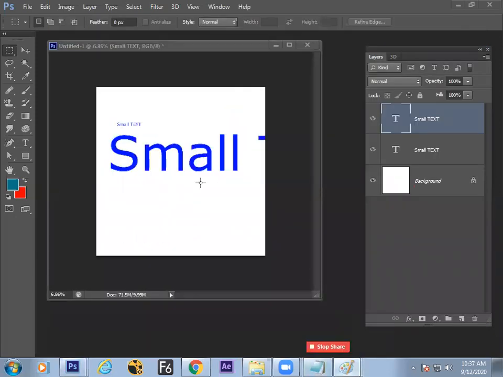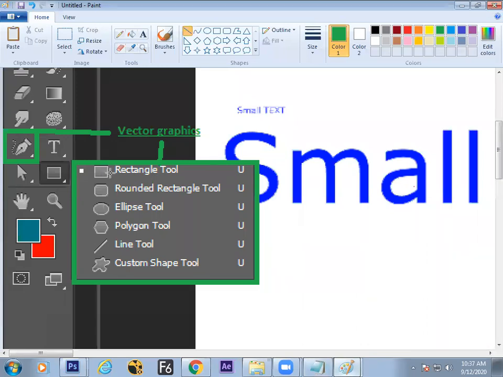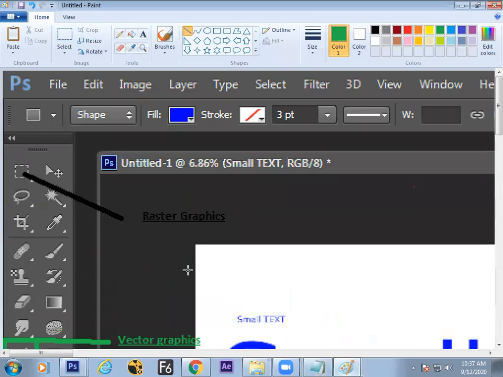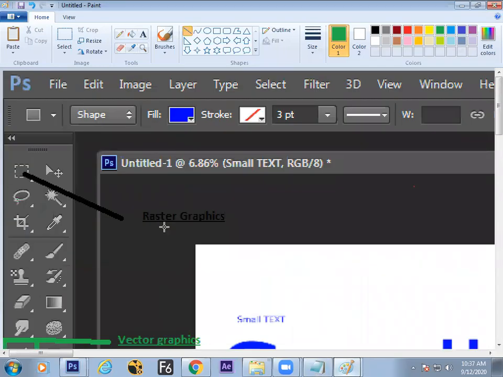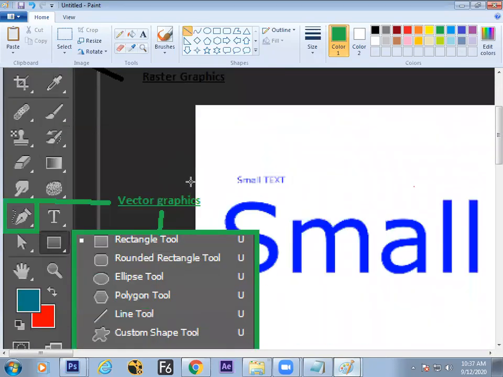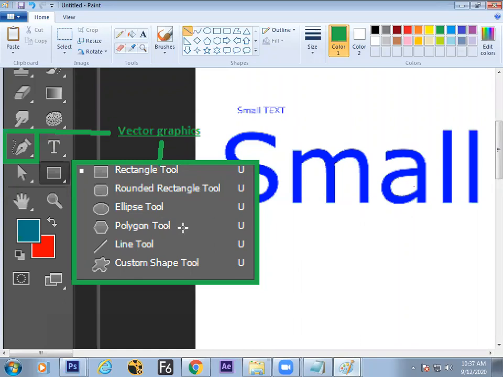So today we will be learning about this pen tool, rectangle, rounded rectangle, ellipse, polygon tool, line, custom shape, and the tool properties here. That is our today's class. And from here onwards, we are not using these selection tools anymore. Rarely we will use them. We forget this. We will be using these tools because they are resolution independent. The quality will be higher.